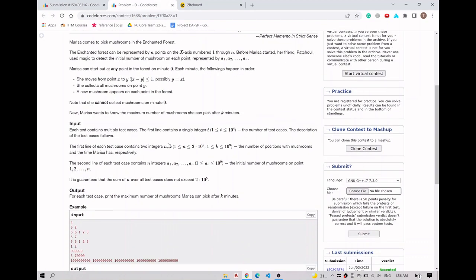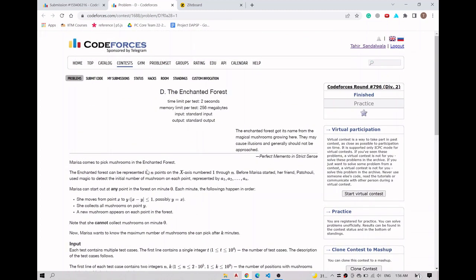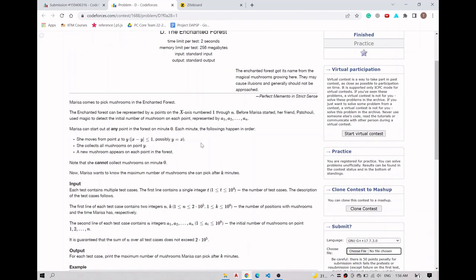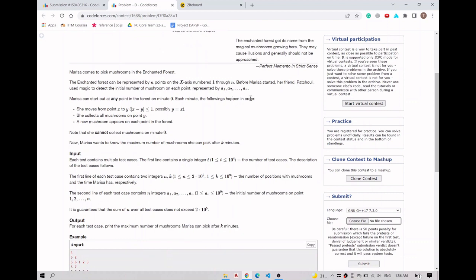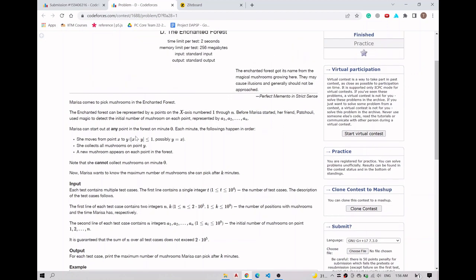Now, as for problem D, we are given n points on an x-axis, which are numbered from 1 to n, and we are given an array a1, a2, ..., an, and basically we can move from any point x to any point y if y is either adjacent to x or y is equal to x, that is, |x - y| is less than or equal to 1. So then basically what we do in this question is